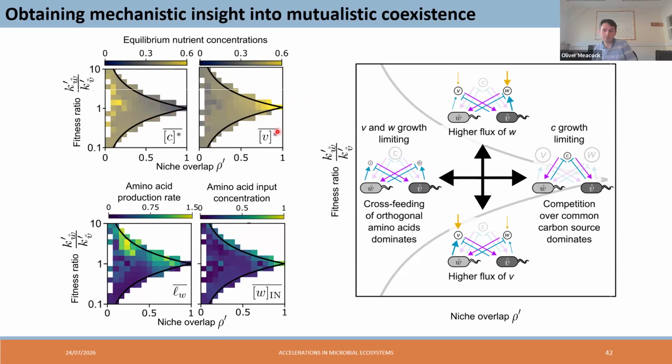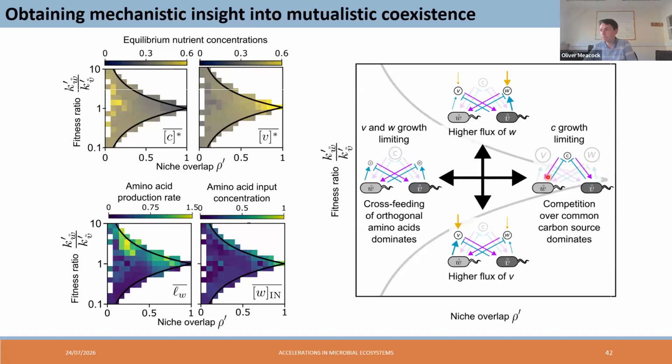That's again this idea of variations in the relative dominance of amino acid competition versus carbon competition. So over here, we don't have very much carbon, but we've got a lot of amino acids. So our carbon is growth limiting, and both of these populations are competing for the carbon. So this is why we have a very high niche overlap, basically, is because both of these populations are competing